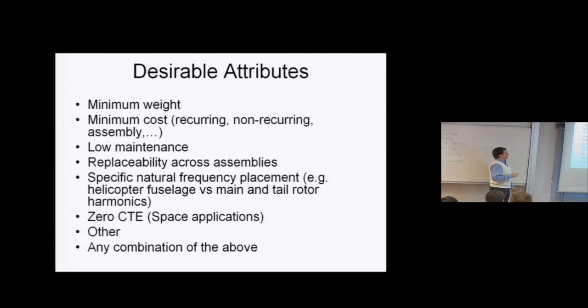Low maintenance, the airlines are extremely interested in that, especially if you have composite airplanes where you have to retrain all your personnel to know how to do repairs, how to do inspection, and how to evaluate what they are doing. They have been working with metals for decades, and now it's composites. Replaceability across assemblies, I mentioned it last time, to be able to take a part from one aircraft and put it on another aircraft of the exact same model. It's not as easy as it sounds if it's not designed correctly. Natural frequency placement, zero coefficient of thermal expansion, and so on. Okay, that's what you try